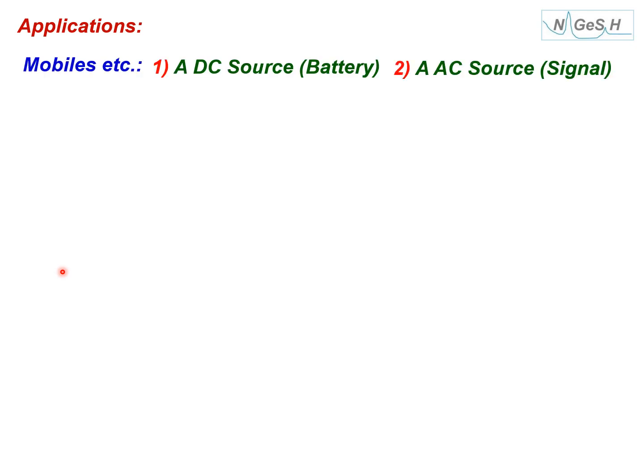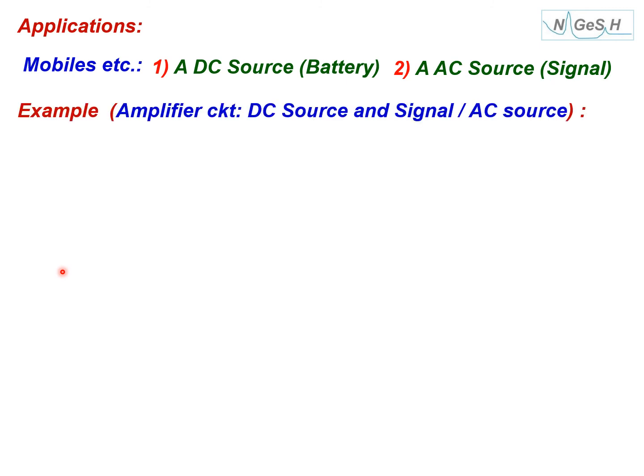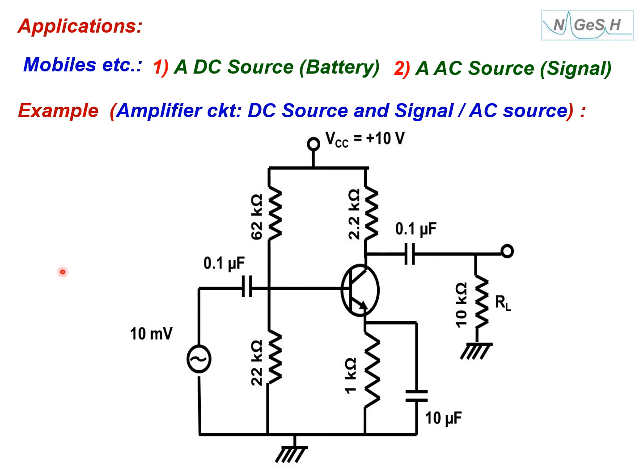Applications are like one of the examples I told you in mobile, we have AC and DC source, but in mobile it's a very big example. But if you take a small part of the mobile, a small circuit, it can be an amplifier. This amplifier, you may not know now how it works and whether it is really linear. No, we will model it in a region where it is linear. We will apply superposition theorem. That we will learn later, but I just want to tell you its significance. Now you see there is an AC voltage source here, there is a DC source here. This will superimpose on that. How do we analyze? So we apply superposition theorem.